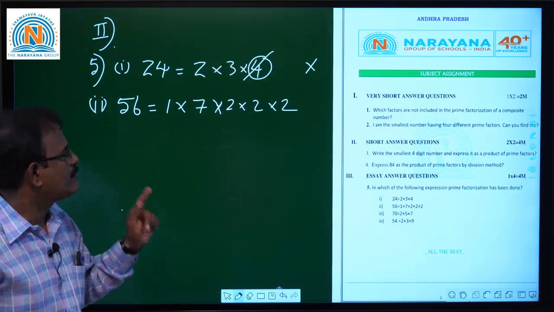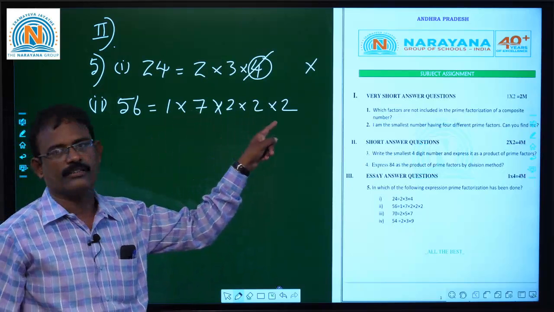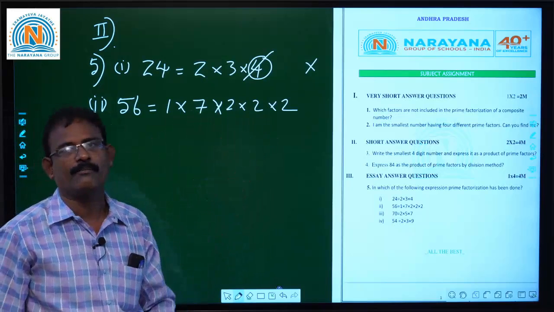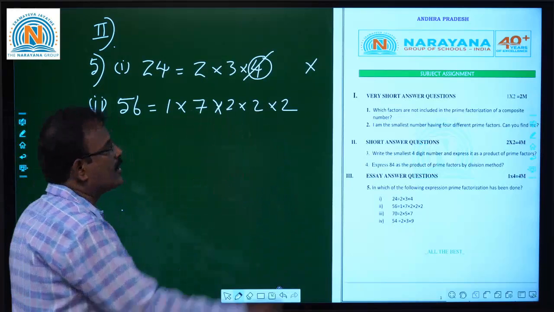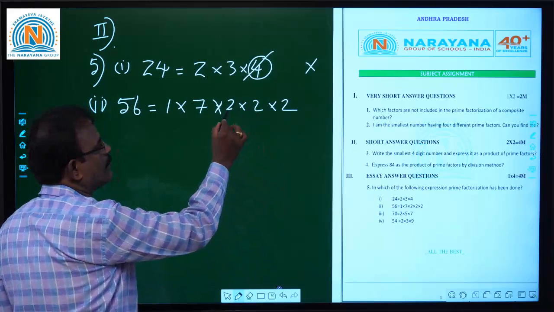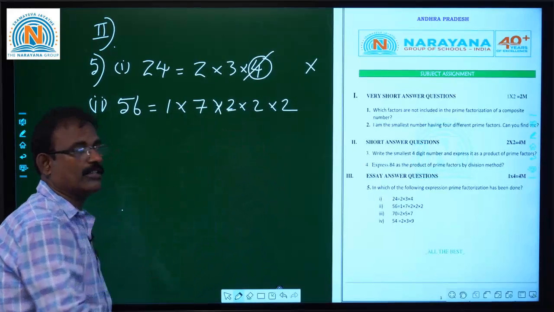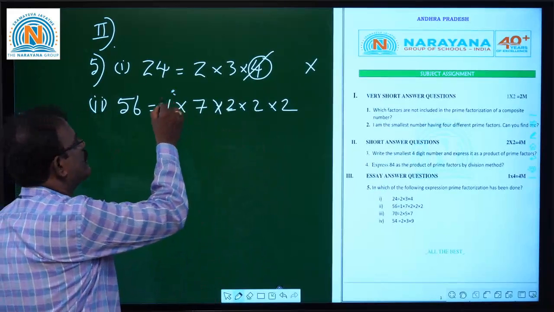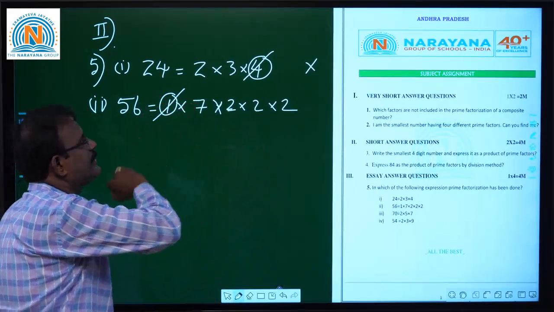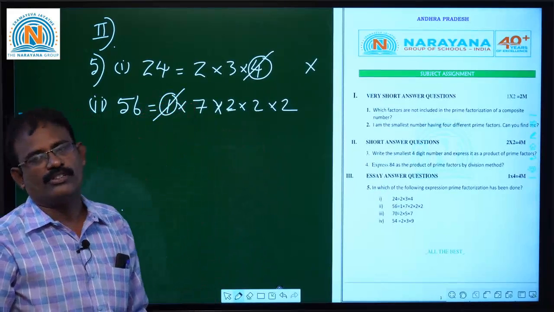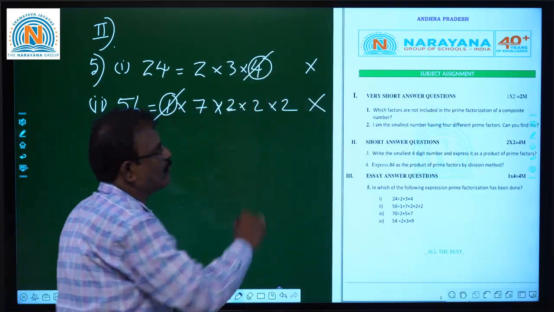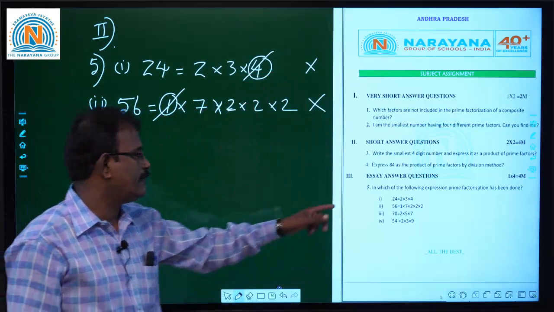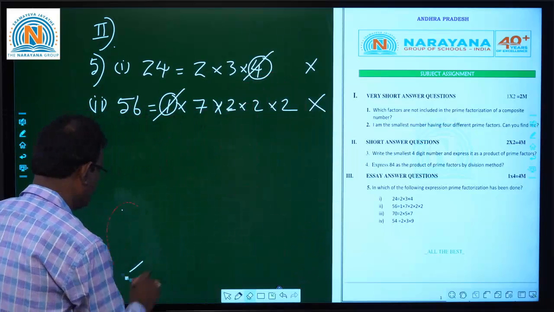But if you observe each and every number in the product, we need to verify whether it is prime or composite. So 2 is a prime, another 2 also prime, 7 is also prime, but if you take the number 1, it is neither prime nor composite, children. So this kind of expressing is also not correct. And if you go through the third one, children,